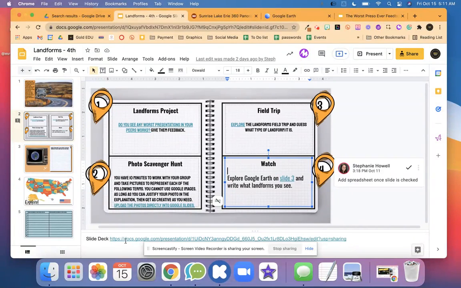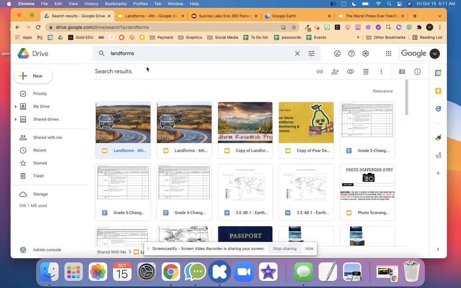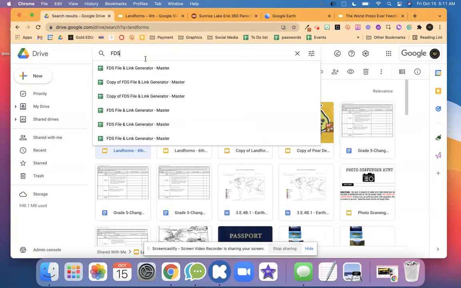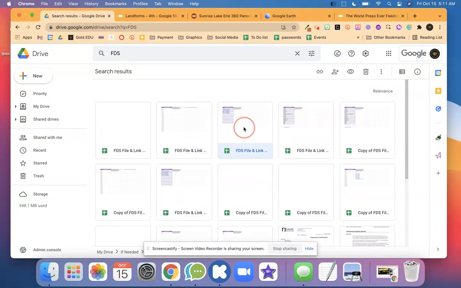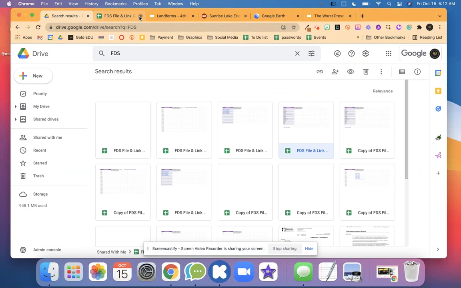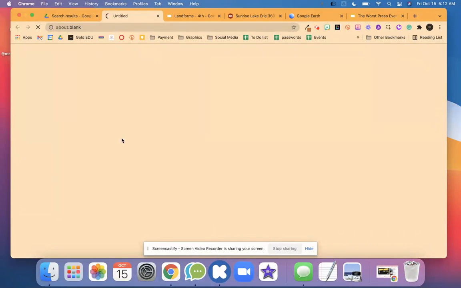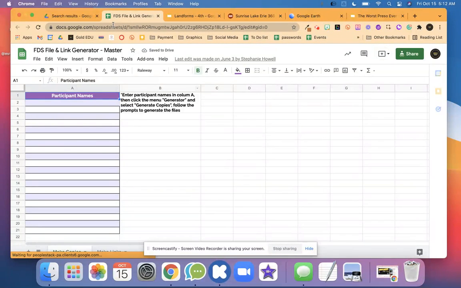For this activity, the photo scavenger hunt, I like to use, I'm going to put the Google Sheet. This Future Design School made a spreadsheet that is super helpful to create groups. And so I like to use that one. Let's see if I can find the master. And so it will copy the Google document. I would suggest putting it in a folder, and it will walk